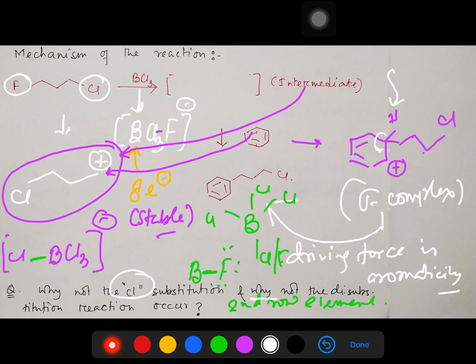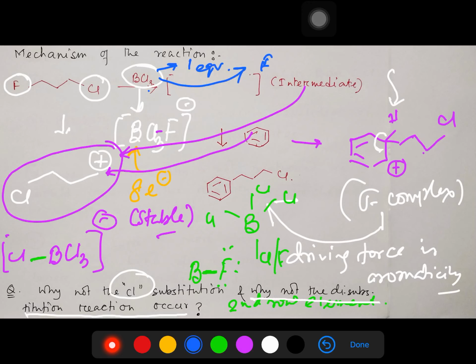Okay, and the second question: why won't di substitution occur? See, here I didn't mention any stoichiometry. So when no stoichiometry is mentioned, we need to consider that this is nothing but one equivalent. So after one equivalent reaction, what will be the fate of this BCl3? This BCl3 will be converted into this